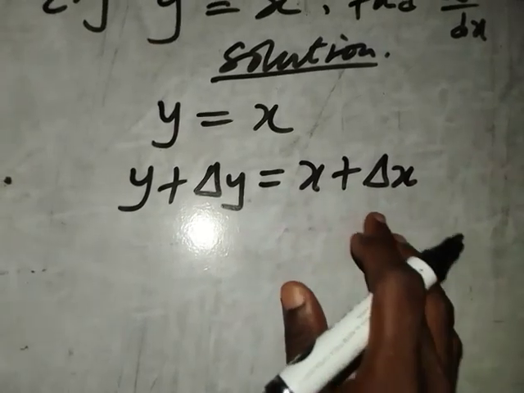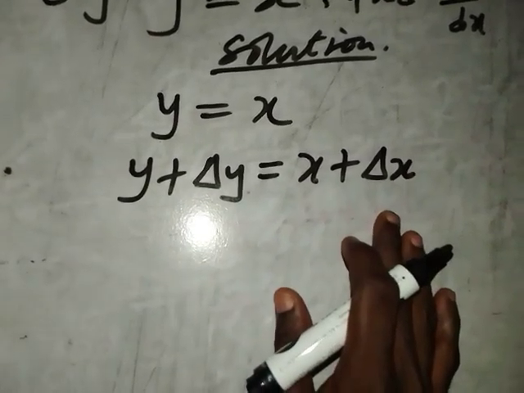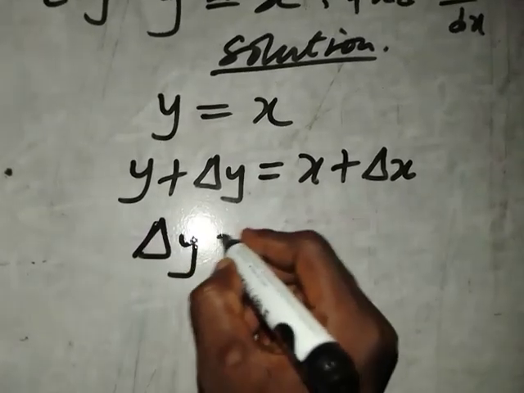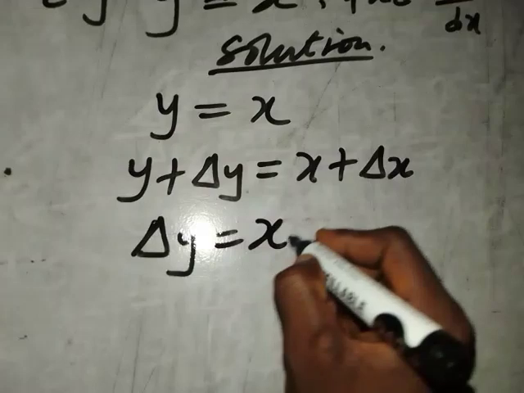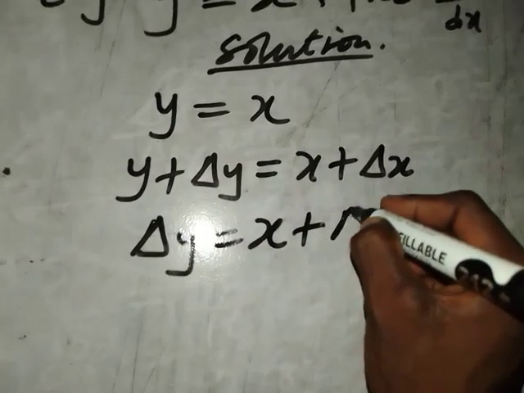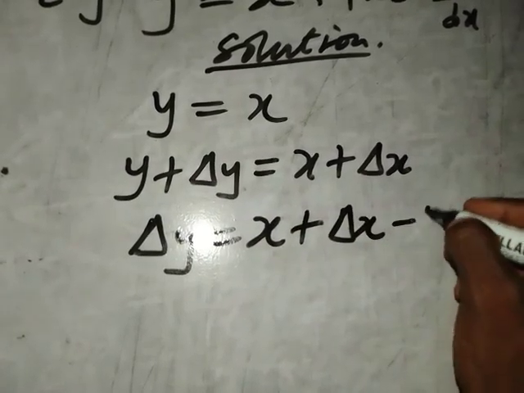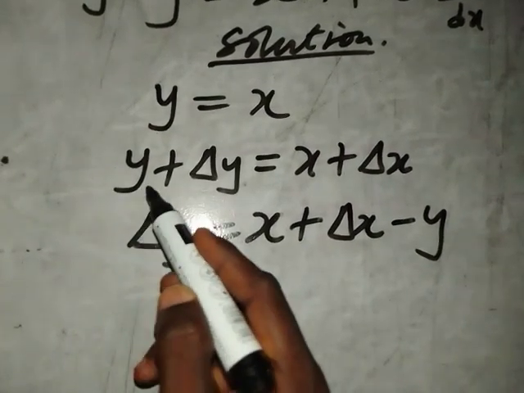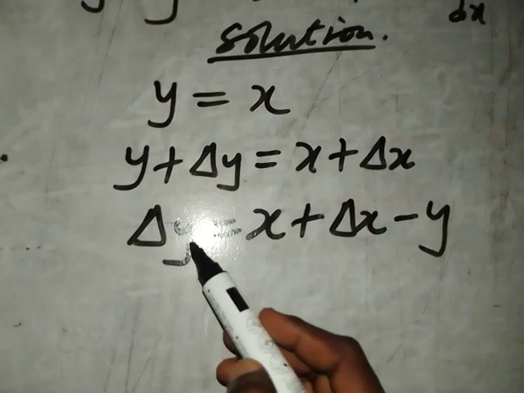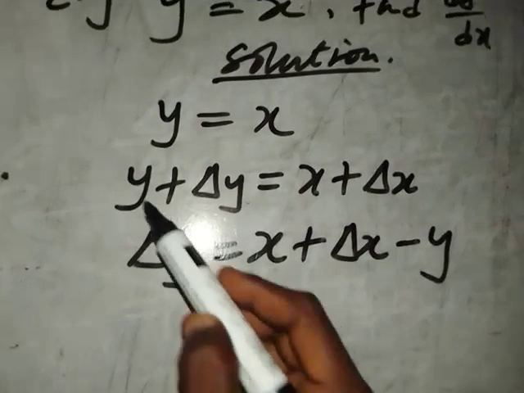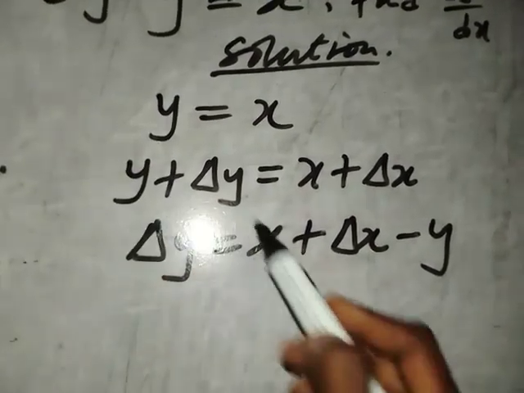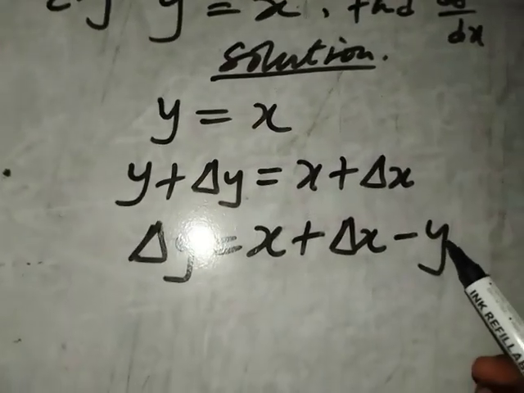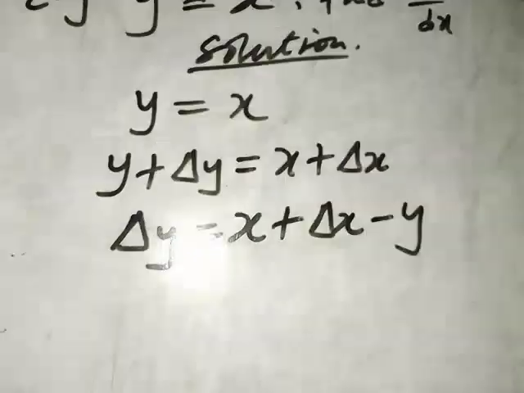So by adding this to both sides, we have change in y is equal to x plus change in x minus y. How is this possible? You are taking this over to this side and making change in y stand alone. Okay, you take this plus y over to this side, and it becomes minus y. Now we are going to have